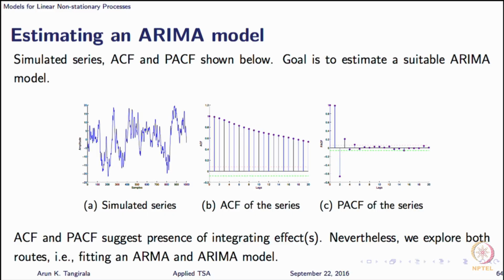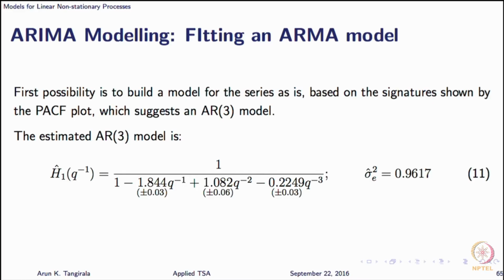Of course, you can run the unit root test, I am not doing that, that is a simple exercise for you. The PACF shows that yes, there are autoregressive effects, and if you were to fit an AR1 model, the PACF at lag 1 shows that you may end up with a pole on the unit circle. But if you were to fit an AR model for the given series, what is the order that it is suggesting? Third order, right? There are 3 significant ones, at least to begin with. So, we fit an AR3 model, and here you have the AR3 model.